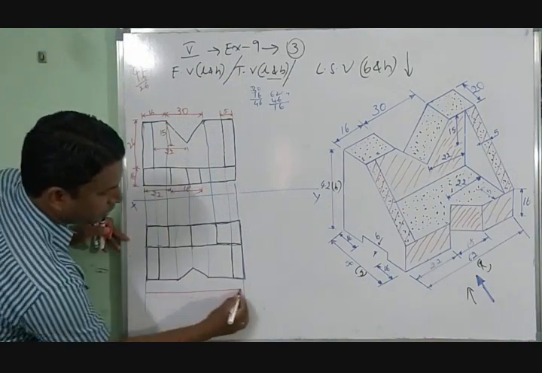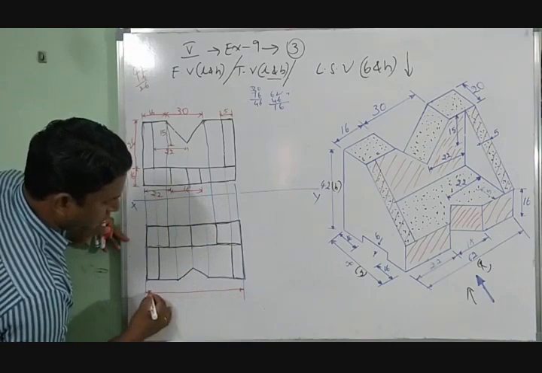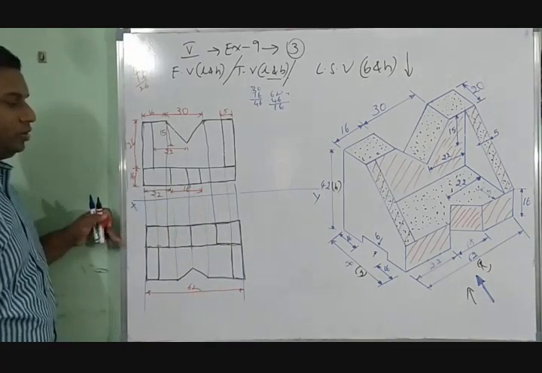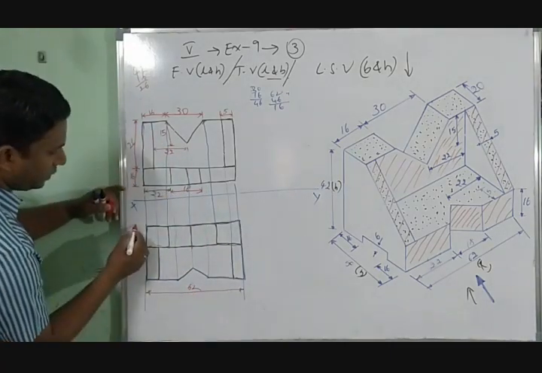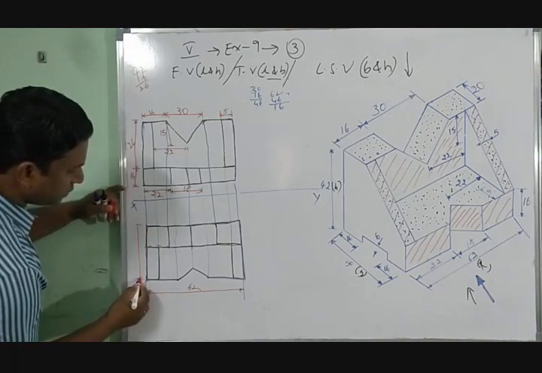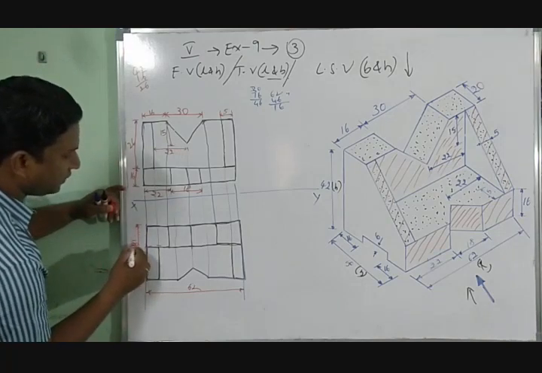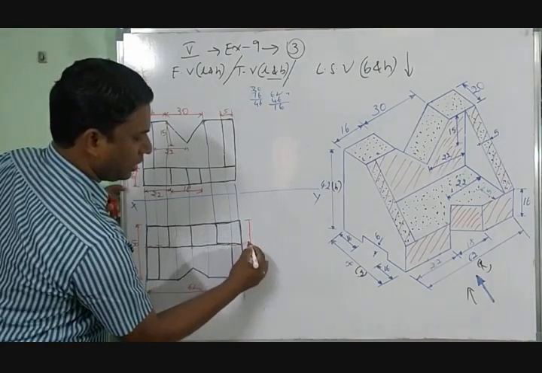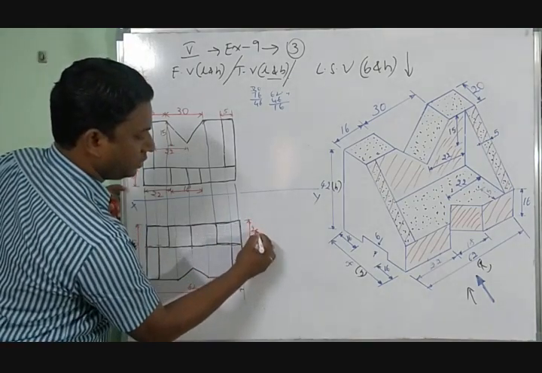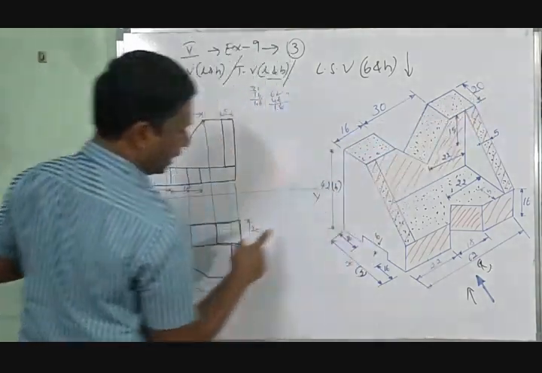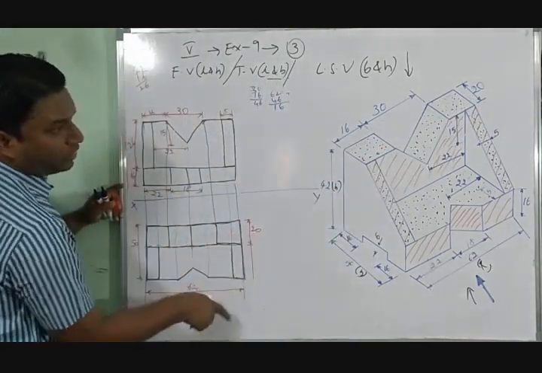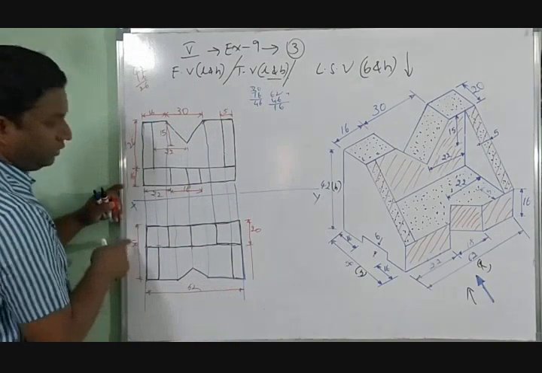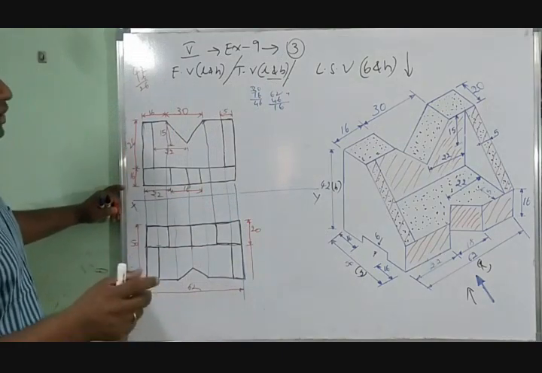Now finally you can show here a dimension of total length of 62. Now top view 50. See, total breadth is 50. Now breakups, up to here it is 20. This 20 I am showing here. Now here the totally remaining length, right? 50 minus 20 it will be 30.